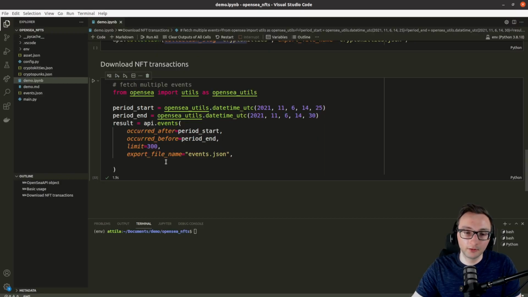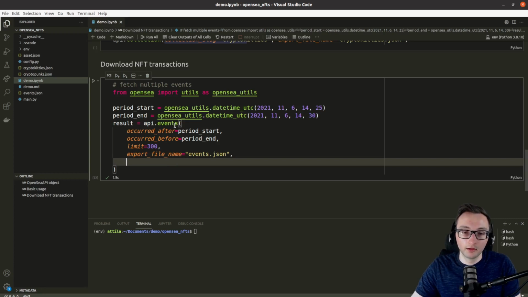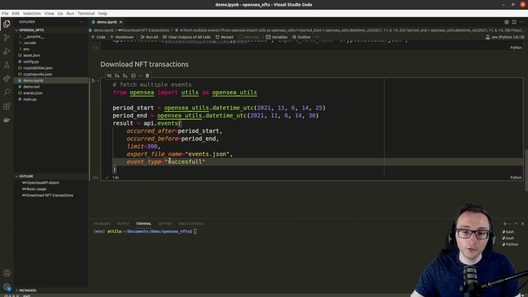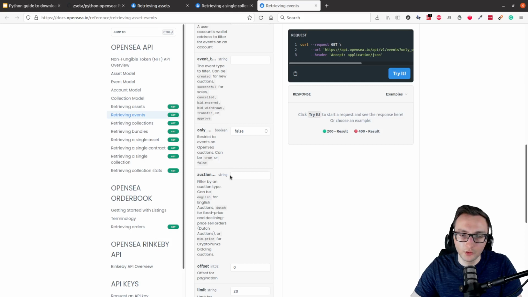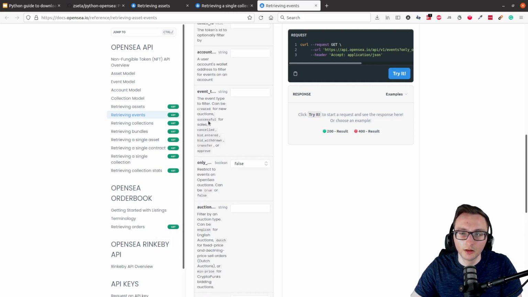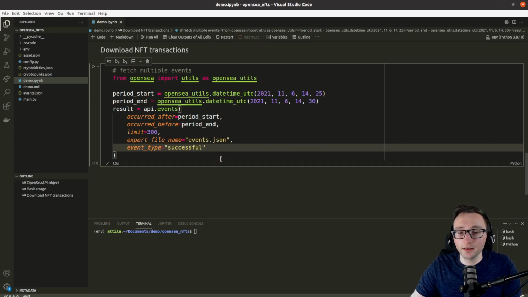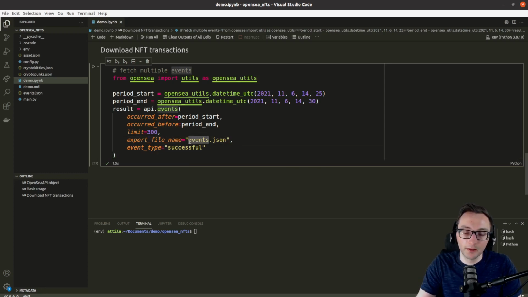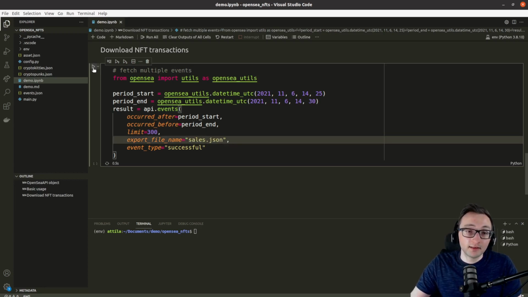And basically, you can just go here and for the events function, pass a parameter called event type. And this is the same as defined in the documentation of the API. So event type equals successful. I think that's how you spell that. Yes. So we define that as an event type. What this will do is make sure that only successful transactions will get downloaded. So if we run this script again, maybe we call this not events, but sales. So if we run this,